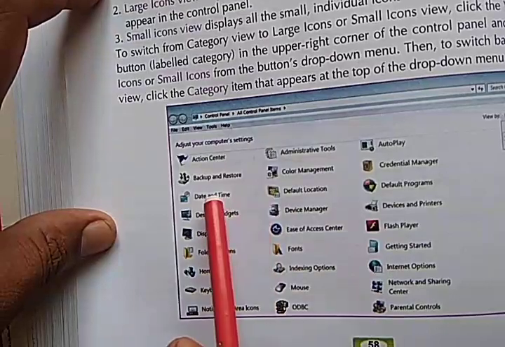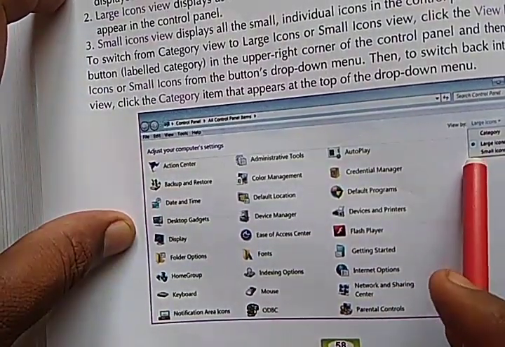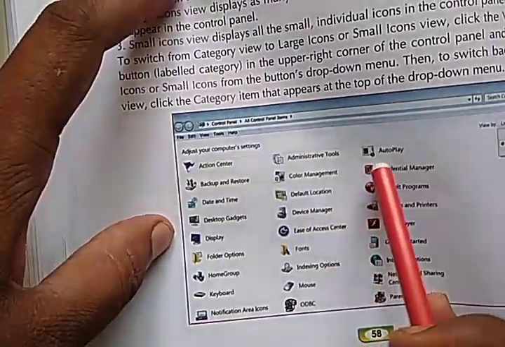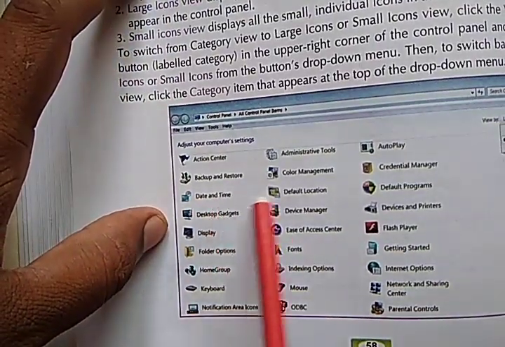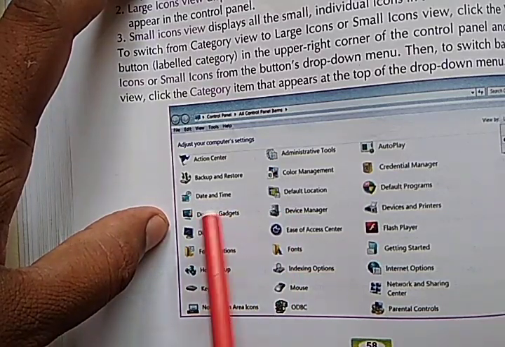Here it shows adjust your computer settings: large icons, category, small icons, you can select any one as you wish. After that, it shows action center, backup and restore, date and time, you can change date and time through this option.